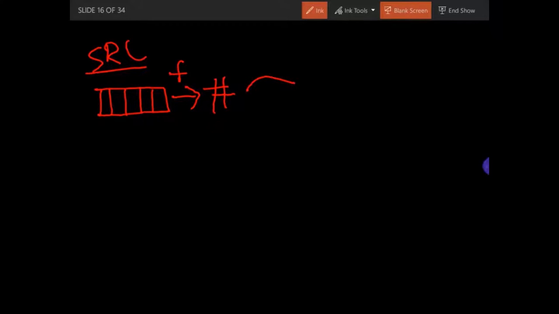And then it actually puts it inside the datagram. At the receiver's end, which is the destination,